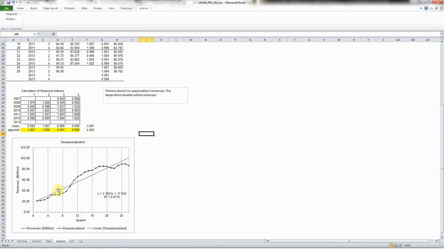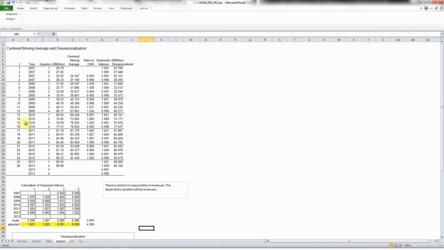I might investigate why later. At 9 something happened, and then again at 19 something happened. So 9 is quarter 1 of 2009, and 19 is quarter 3,